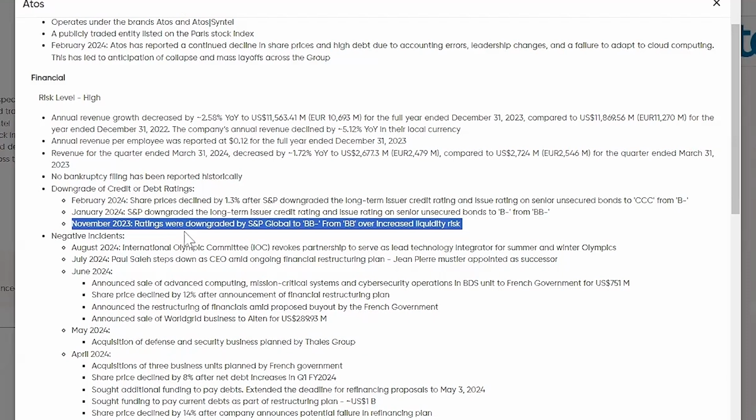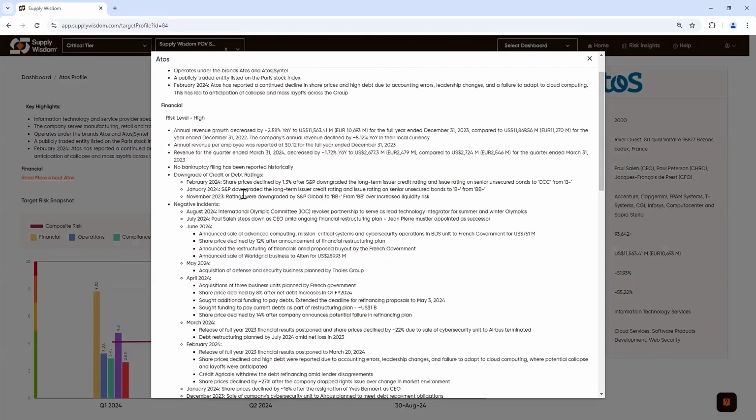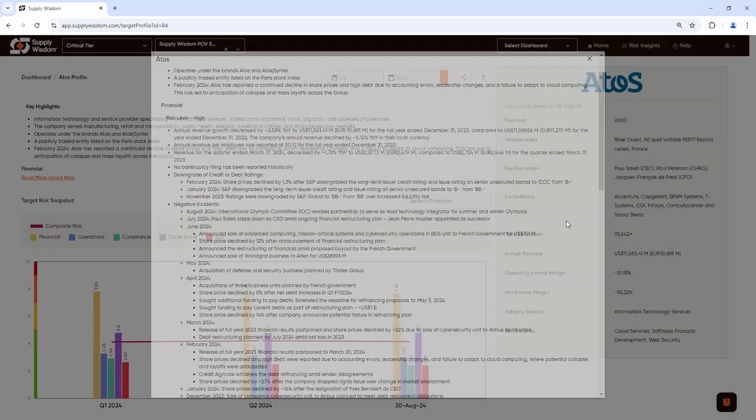So important to understand, both alerting and metrics at the profile level are always giving you that current view of risk. Profile level view is the place to go for that full holistic view. The alert is the place to go for that view of the particular event's impact. Highly encourage you to engage with these key highlights when you need further context on the state of risk for any entity, a nice historical timeline of how we got to the current state.